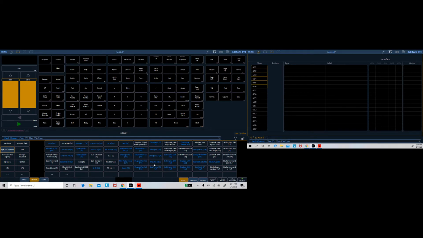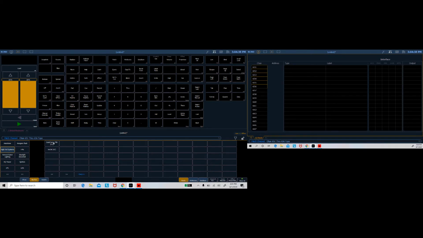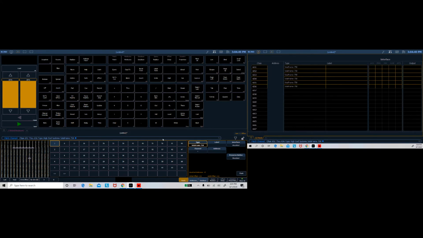It's asking for a Sola Frame Theater 47 channels. Here it is. So if you look back over on this screen, it automatically highlighted the channels. It automatically set the personality, and it now